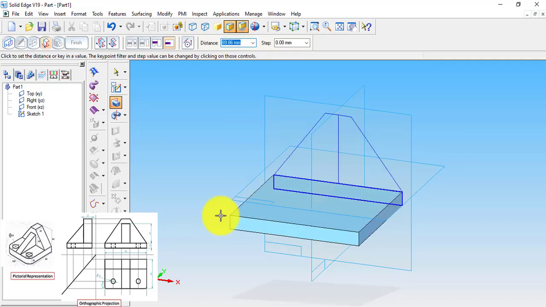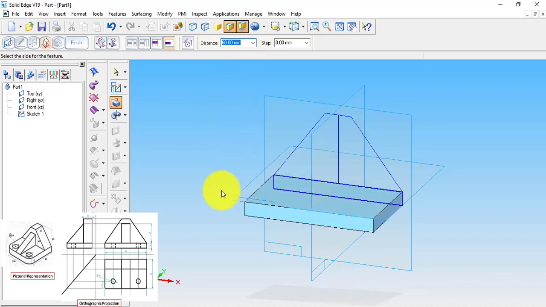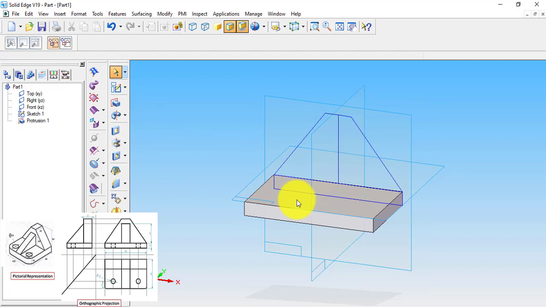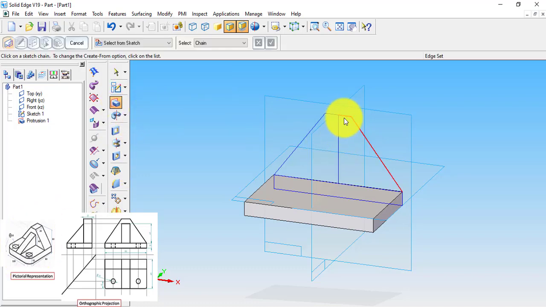The width of the given diagram is 60 mm. Let us take 60 on this side. Now the base part of our diagram is slowly getting picturized. To complete the triangular part of the upper portion, we again use the protrusion command and complete this section.